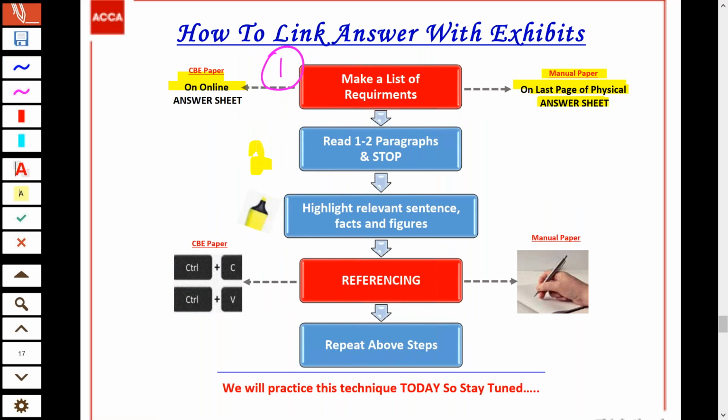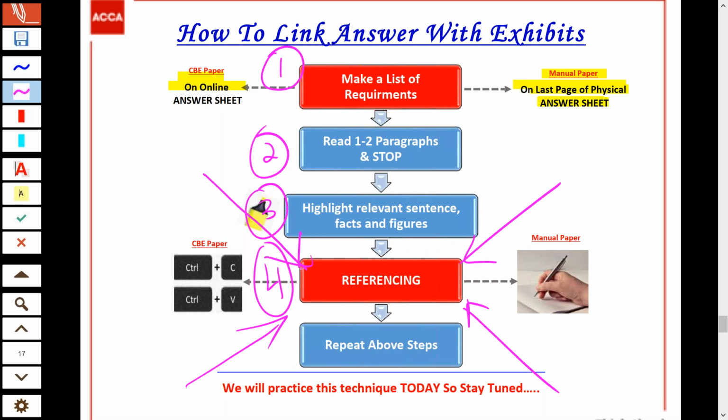Now, once you have made the list, step number 2 is you will read 1 or 2 paragraphs, preferably 2 paragraphs. You will highlight relevant sentences, facts and figures wherever you feel that this particular sentence looks important, or you can use it somewhere in your answer, you highlight it. But highlighting is not sufficient. Step number 4 is critical. Very, very critical step. Step number 4. This is what I call referencing. So highlighting is not sufficient. After you have highlighted,